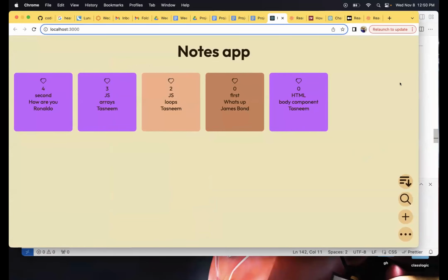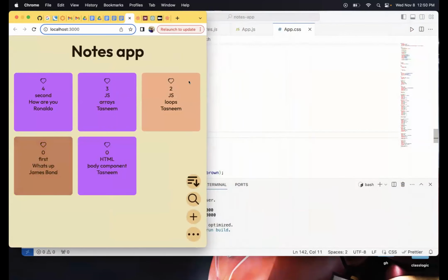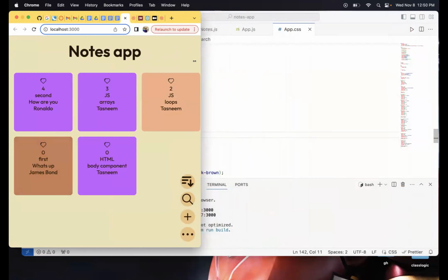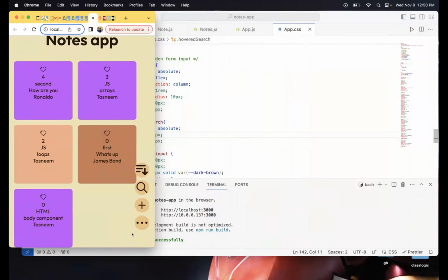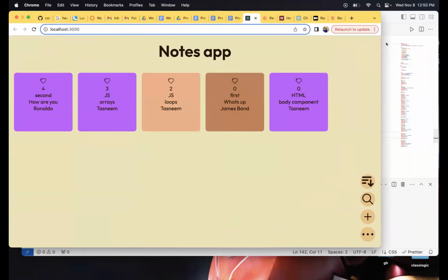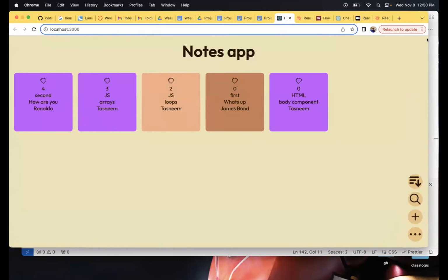But essentially, it's pretty responsive. It's just one thing that we need to work on, which is probably the position of the hovering buttons. That's something we probably need to work on with the CSS. We can do that separately with media queries, so that's not a problem. But other than that, this is a very basic functionality of our app.